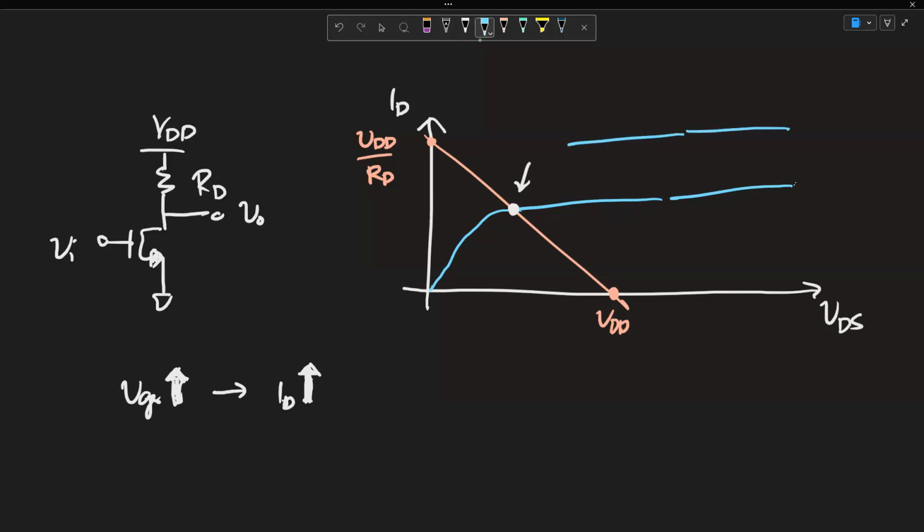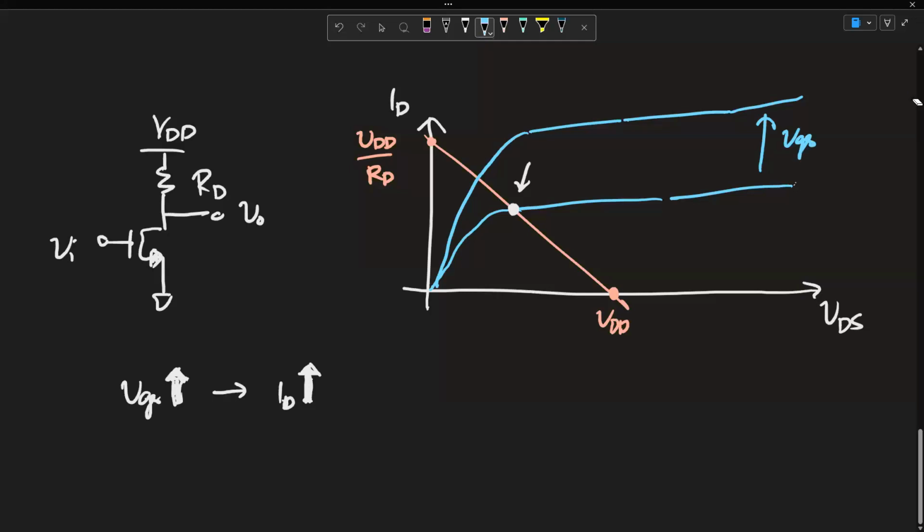So we can draw something like this, right? So if we increase VGS, we go from the bottom MOSFET output characteristic to the top MOSFET characteristic,